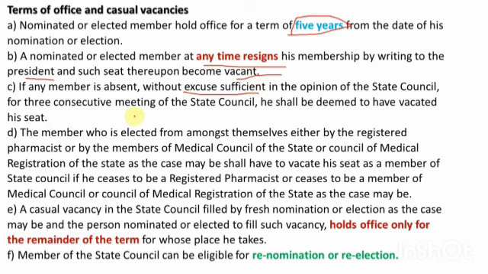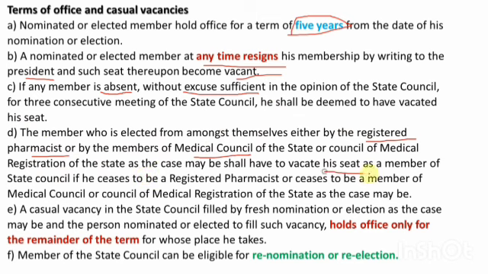of the State Council, he shall be deemed to have vacated his seat. If any member is absent for 3 consecutive meetings, then he shall be deemed to have vacated his seat. Then the member who is elected from among themselves, either by the registered pharmacists or members of medical council or Council of Medical Registration of the state,